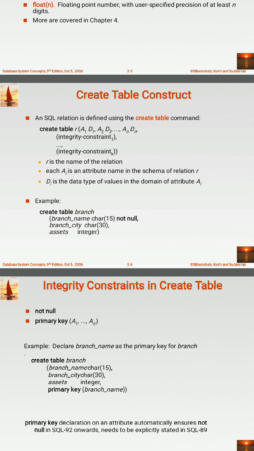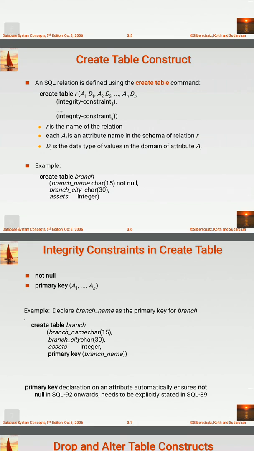Each Ai is an attribute name in the schema of relation r. Di is the data type of values in the domain of attribute Ai. For example, create table branch (branch_name char(15) not null, branch_city char(30), assets integer).